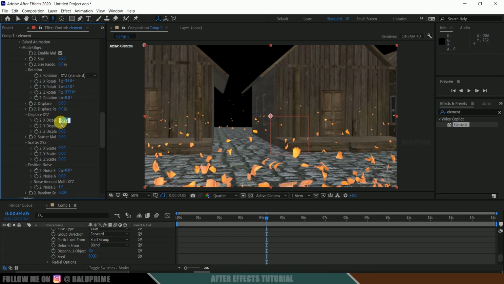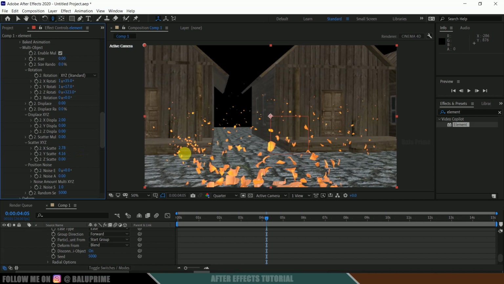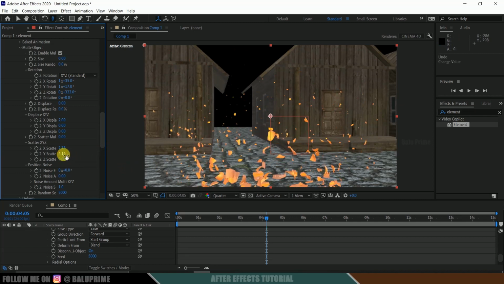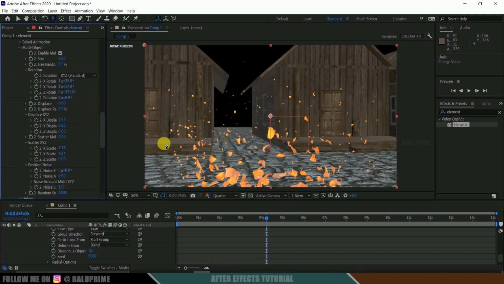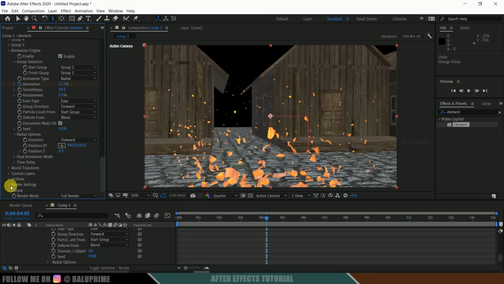So displacement I will be giving as 2 on X. Nice. And X scattering also, Y scattering. Just play with the values to get your desired outlook. So once you are happy with this, scroll down to this render settings,